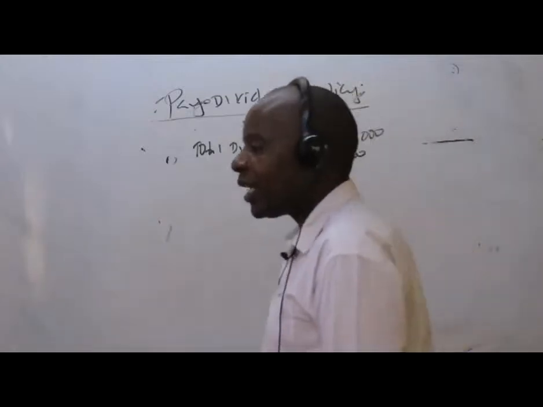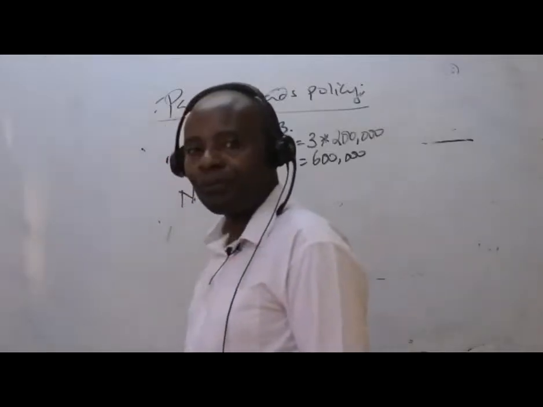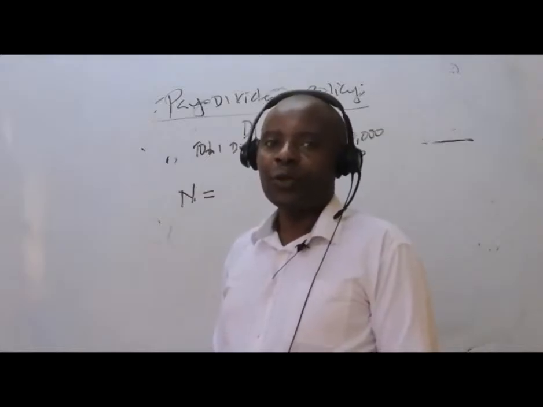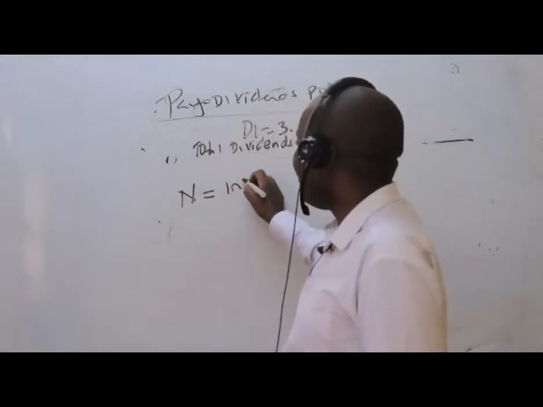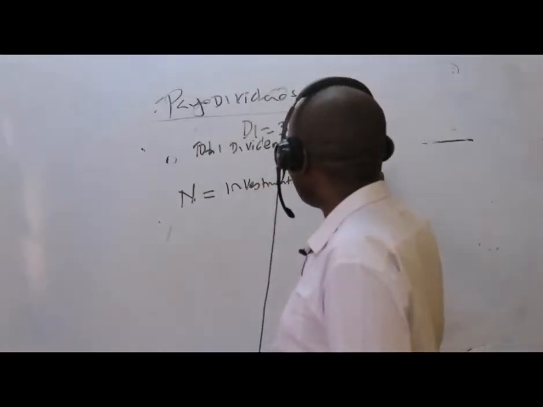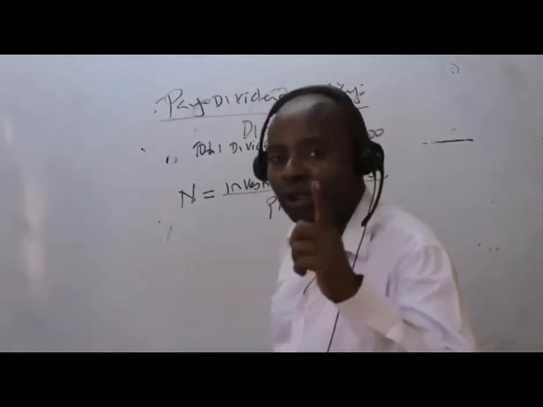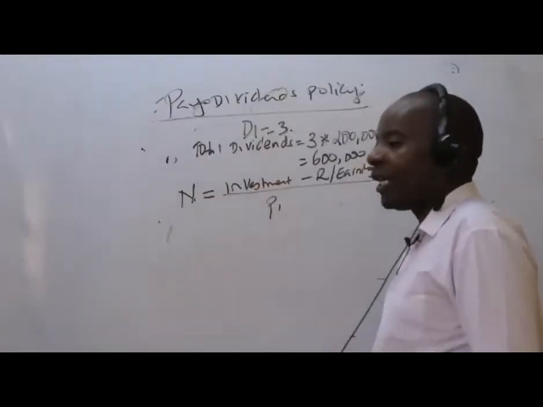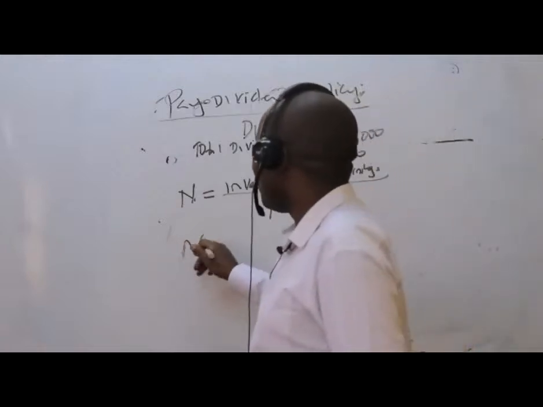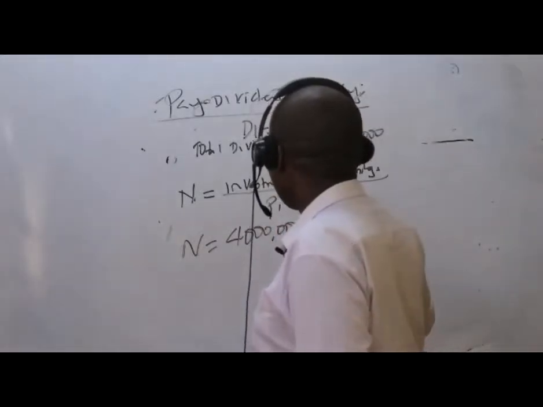So if that is the case, then I would want straight away to come and give them the new shares, right? So how do I get the new shares? To get the new shares, we normally take the investment minus retained earnings, all over P1. What I do not have here for sure is the retained earnings, but I can easily get this. So my N will be equal to the investment, which is 4 million, minus, in brackets,